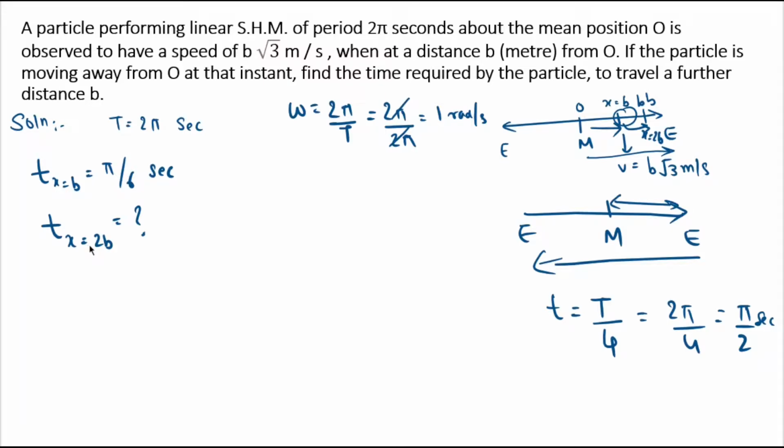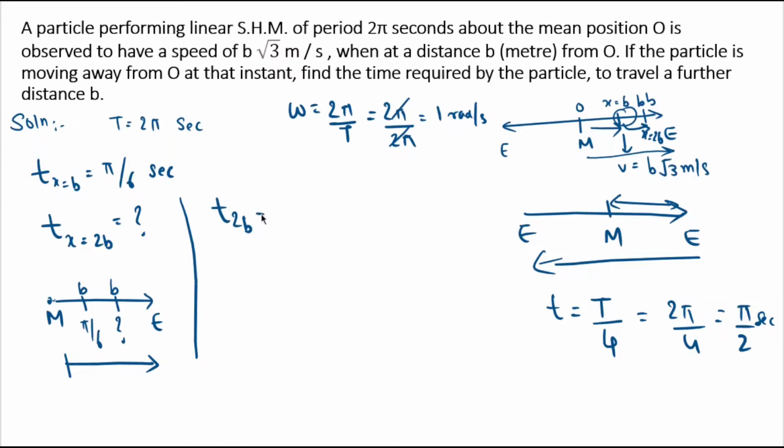Now in order to calculate the time for which the particle goes another distance b, we can say that if this is point m and this is the extreme position e, and the particle takes pi by 6 seconds to come here, and we need to calculate the time required for the particle to come another distance b here, and we know the total time for the particle to go from m to e is pi by 2 seconds. So we can say that T at 2b is equal to the total time T to go from m to e minus the time required for the particle to go from m to x equal to b,